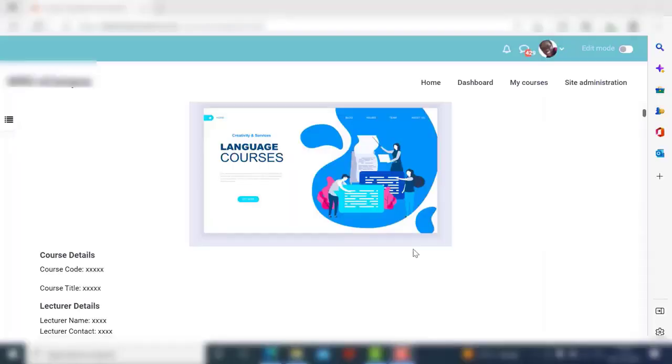Organizing your Moodle course. When putting up your content on a Moodle course, it is important that you think about the order of your Moodle course so that it is easy for the students to navigate through the content. Some of the key tips that you can use when you are organizing your Moodle course is that always ensure